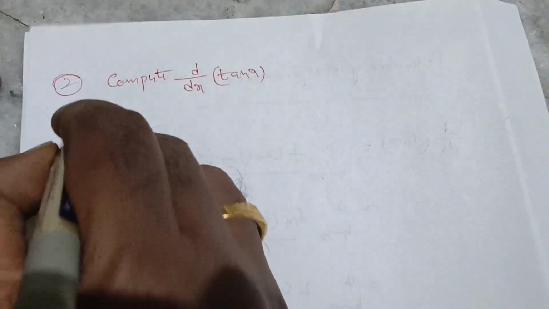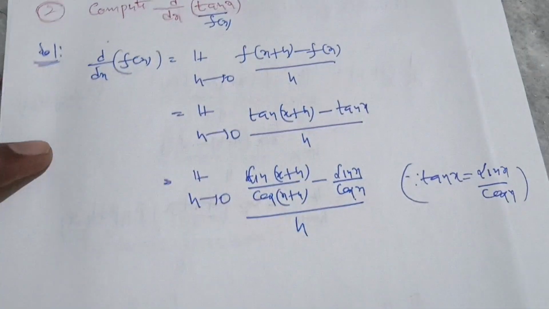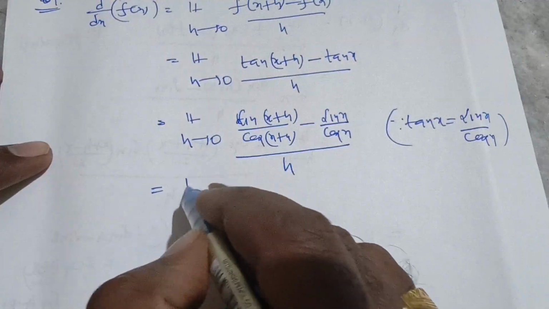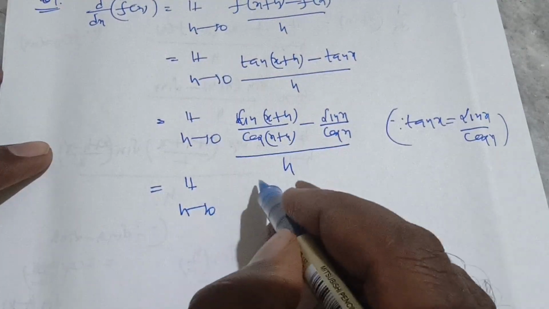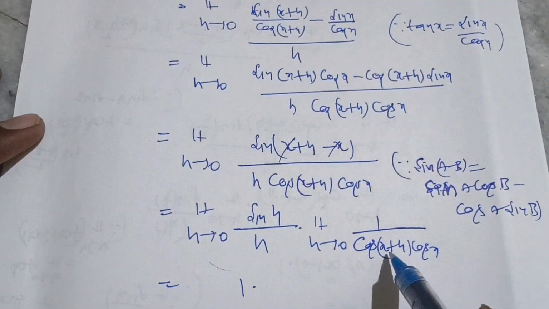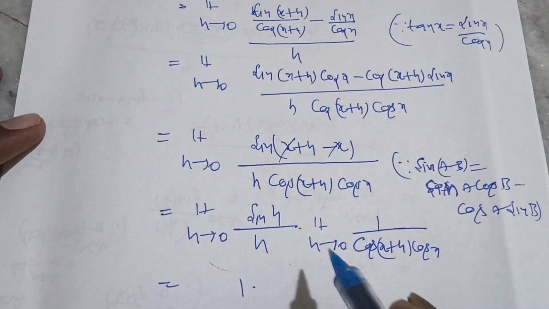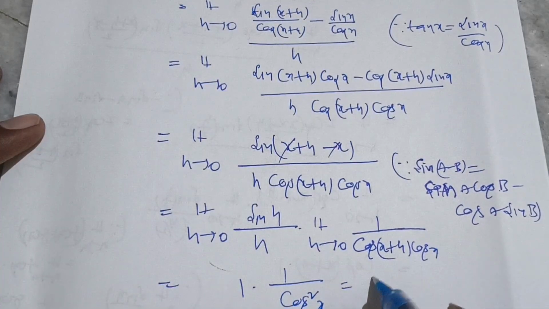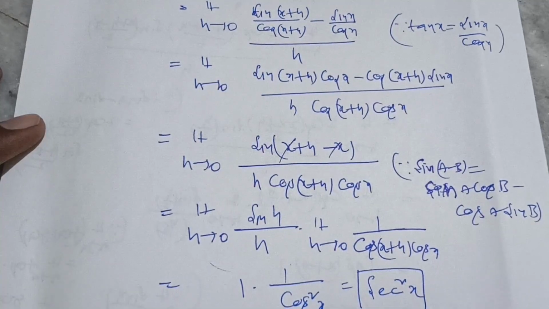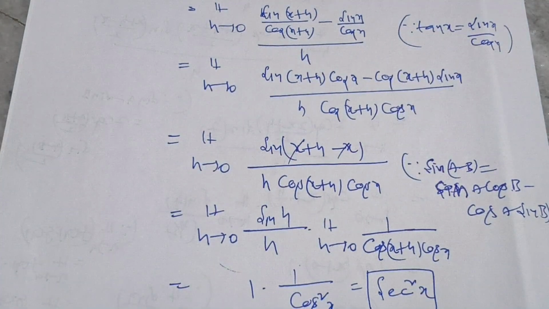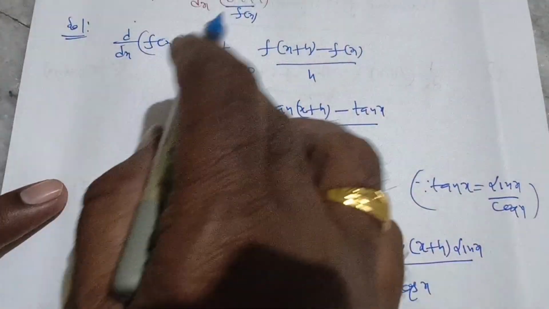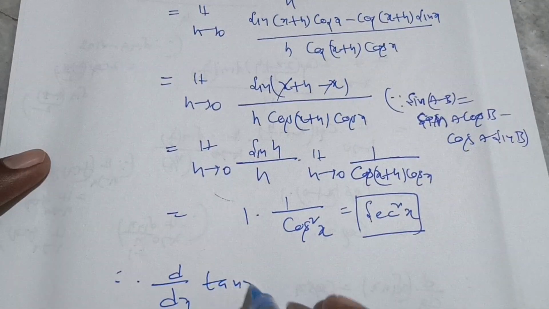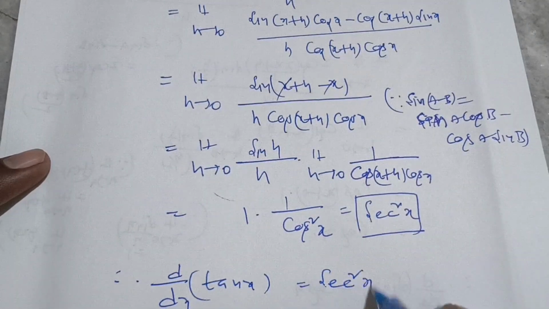Now what is the proof of the derivative of tan x? By applying the same formula as above and some simplification like this, we have limit h tends to 0. Here the numerator value is cross multiplied. We have some standard forms of limits like this. The first standard form is 1 and the second standard form is limit h tends to 0. 1 by cos of x plus h is cos x into cos x, that is cos square x. 1 by cos square x is secant square x. So this is the derivative of tan x. So what is the derivative of tan x? It is secant square x. So by using this method, we find